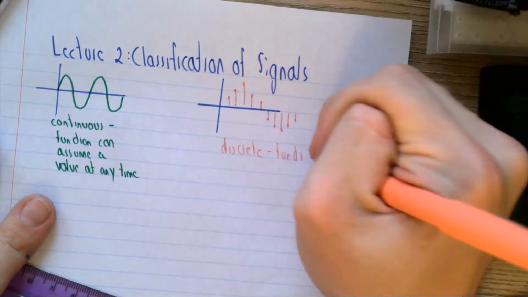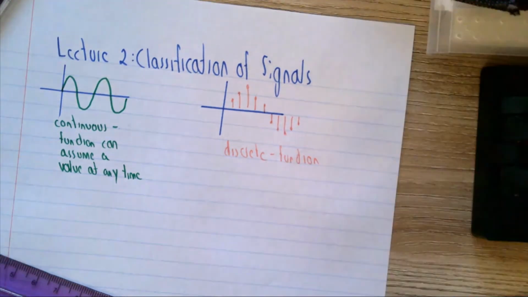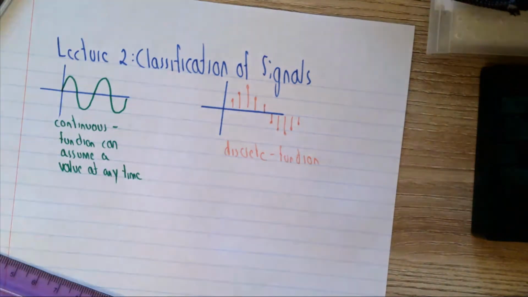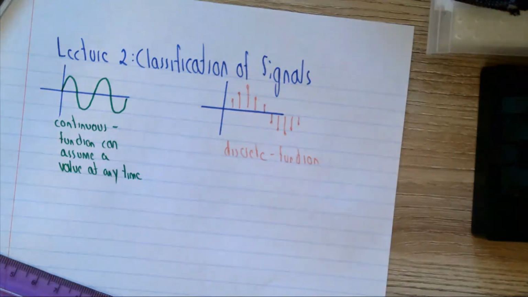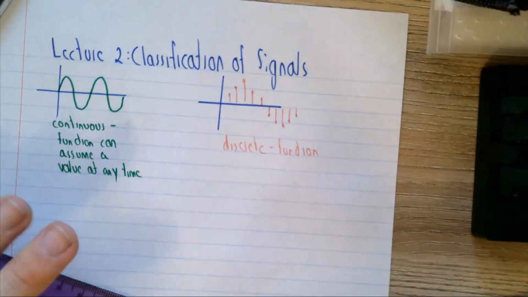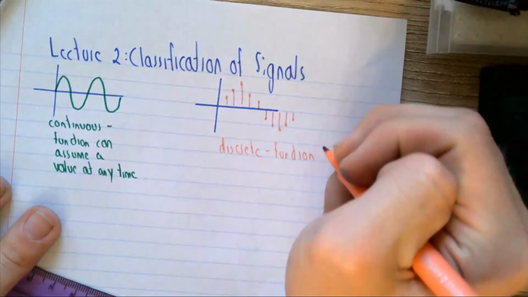Like if you think of a clock, it only changes every second. Or you can think of the weather on your phone, it only updates every few minutes when they get a new reading in, and then that signal is sent out. So for the discrete, the function takes samples